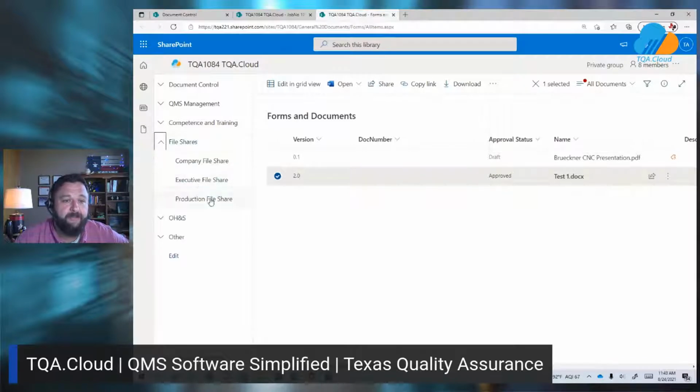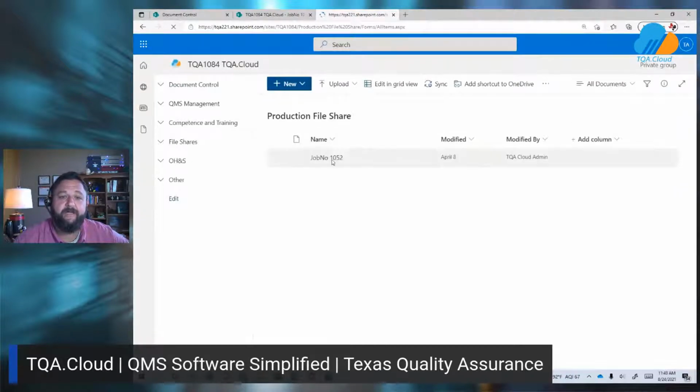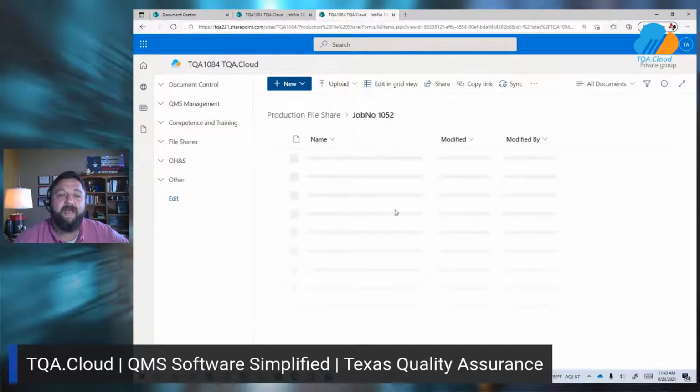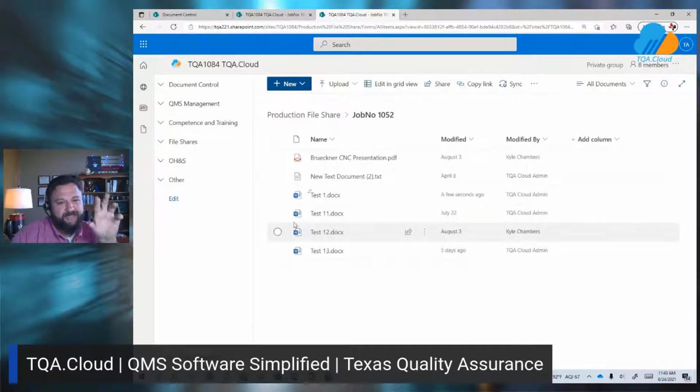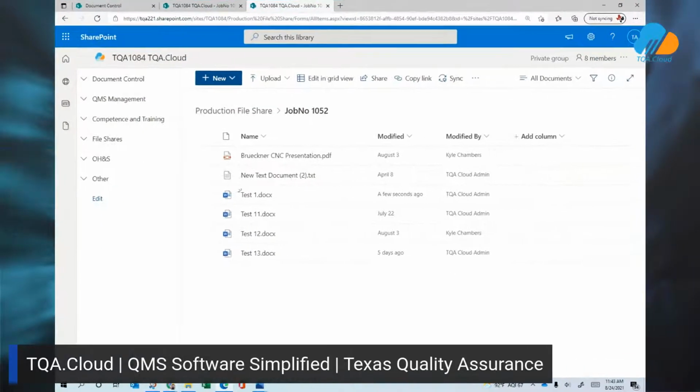Then let's go back to our production file share. And we can open that up and we can see the particular file that was just copied in there. And it'll even show this nice little marking on it that this is a recent document. It may be kind of hard to see on the screen there. Let me see if I can make this a little bit bigger for you. It's these three little lines right here. That's going to indicate that this is a new document added to the system, plus the modified tells us the date that it was most recently put there.